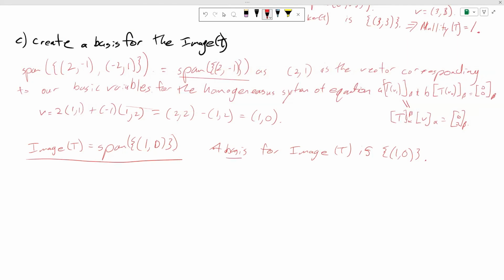So a basis for our image of T is the set containing (1, 0), and the rank of T, or the dimension of the image, is 1. And note that the rank of T plus the nullity of T equals 1 plus 1 equals 2, which equals the dimension of V. And for our finite